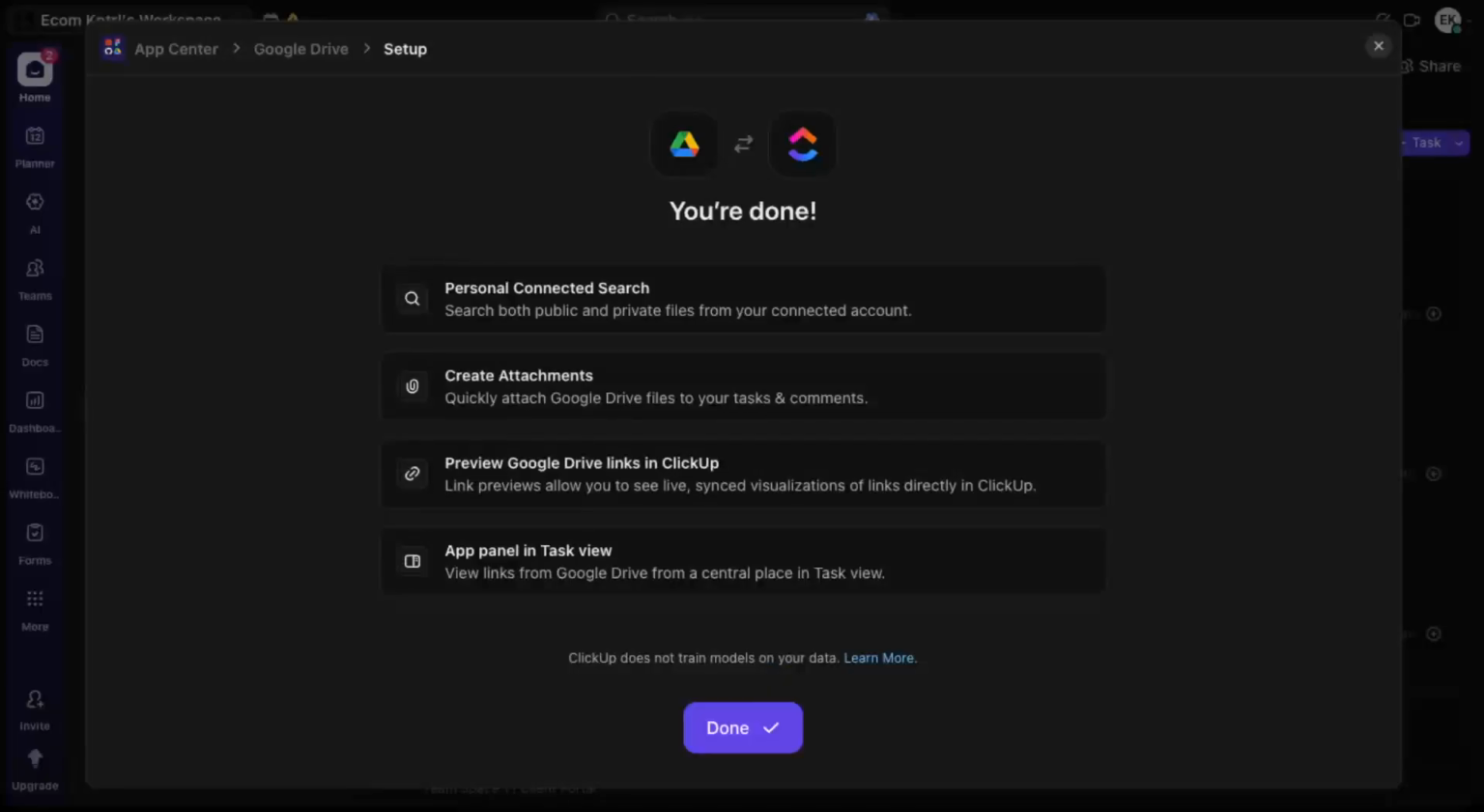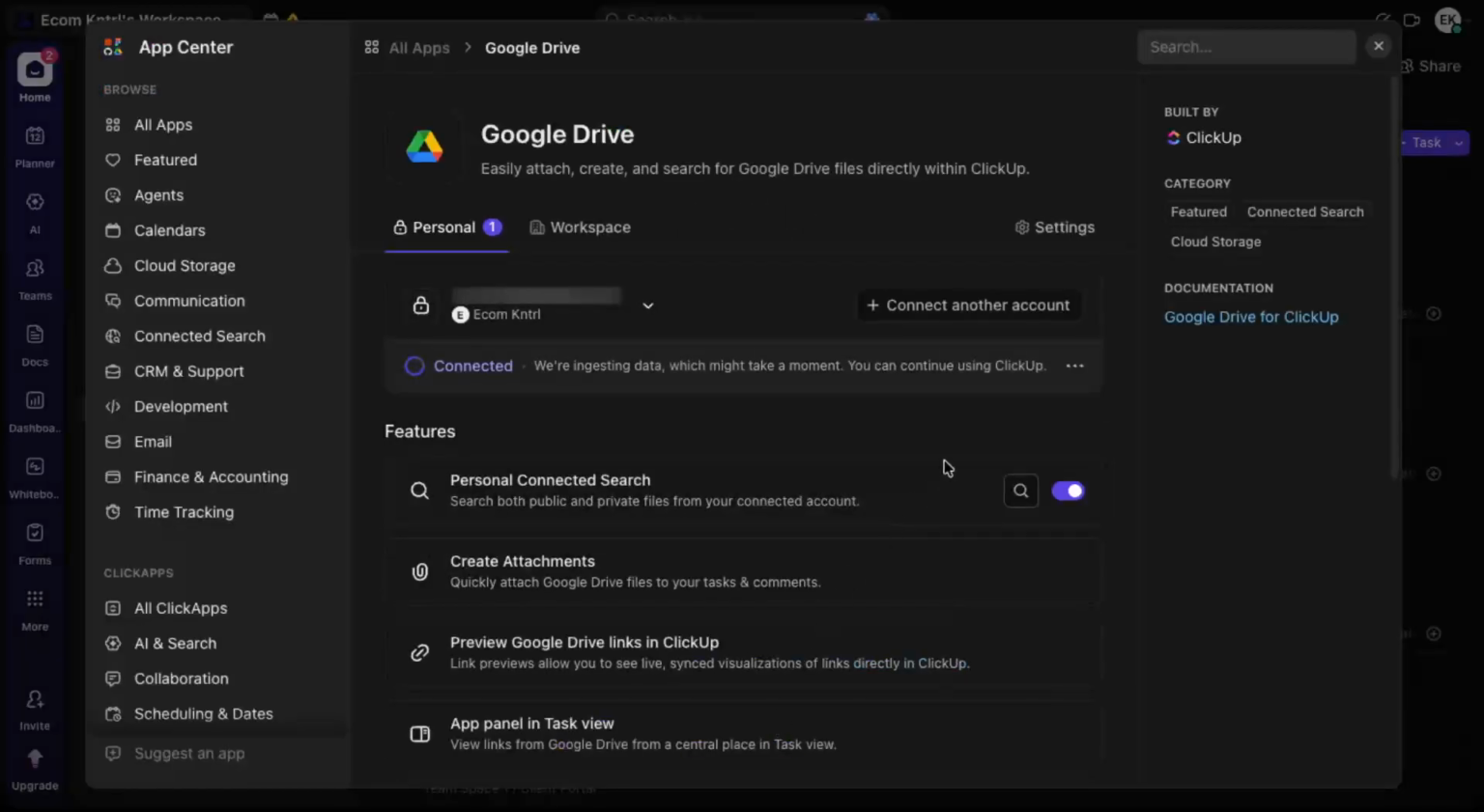When the authorization is complete, you'll be brought back to ClickUp. You should see a confirmation message in the Google Drive integration view. To finish up, click on Done. Your ClickUp workspace is now connected to Google Drive, and you can attach and work with your